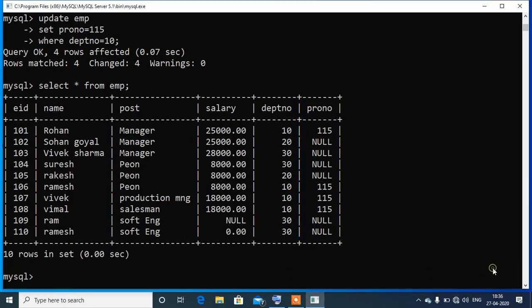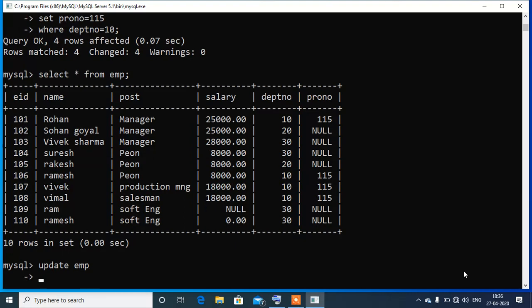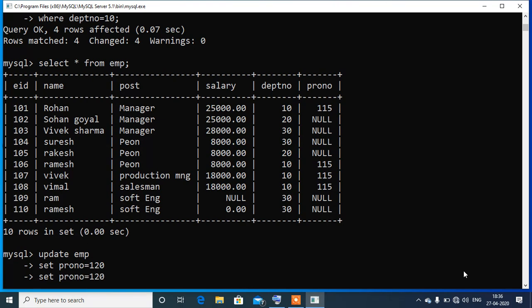Now again we move forward. If we want to change the project number, or if we want to set the project number of employees working in department number 20 to 120, so at that time again we need to write update emp set project number is 120 and where department number is equals to 20.